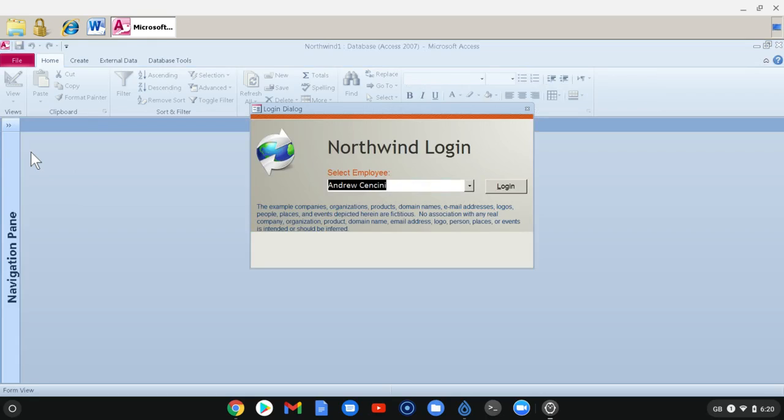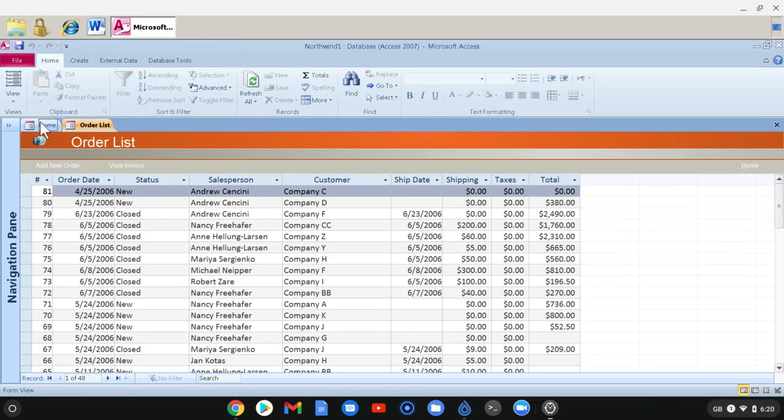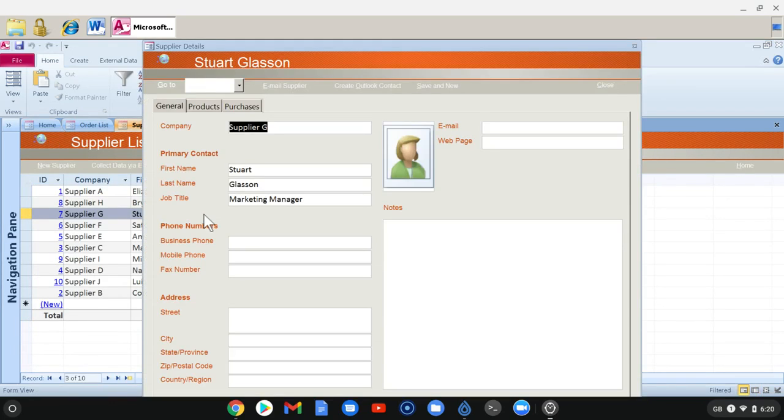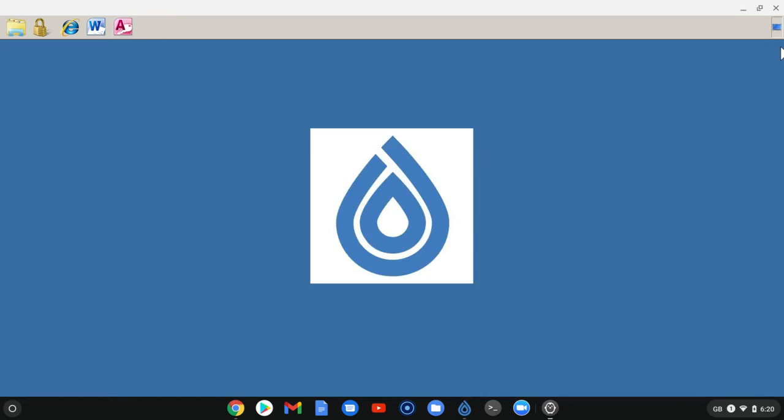I can then go to a database, sign in, I can view orders, I can view suppliers, I can update information for my contacts. Same way you would in a normal Microsoft Access database on a Windows endpoint device. But as I showed you, this isn't a Windows endpoint device, it's a Chromebook. And that's the beauty of Droplet. So if you've got a Windows application you'd like to access on a Chromebook natively, Droplet will do it out of the tin without any servers,